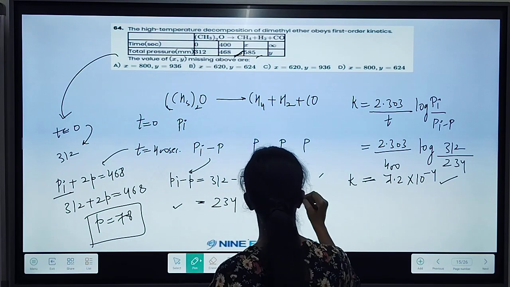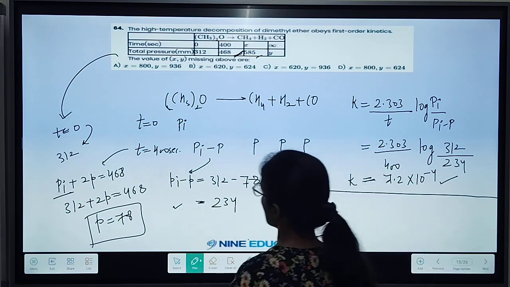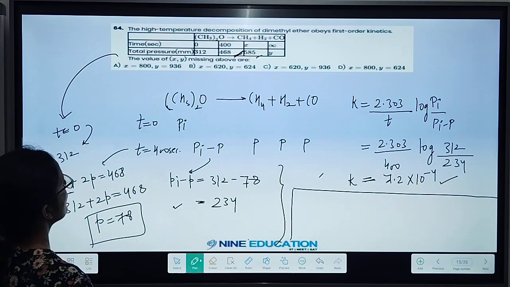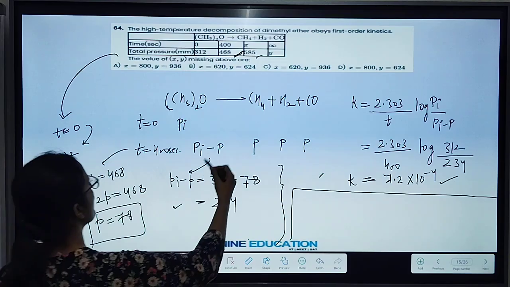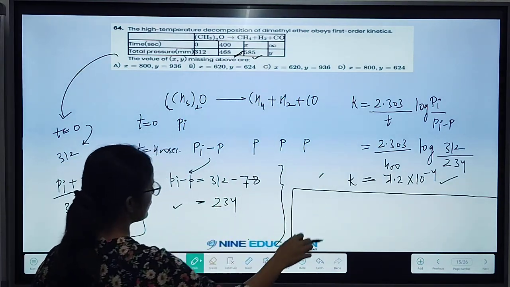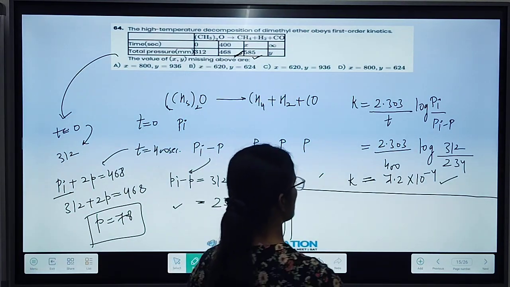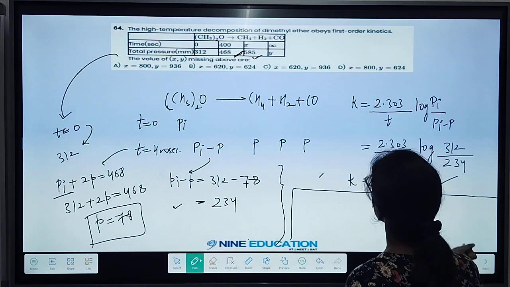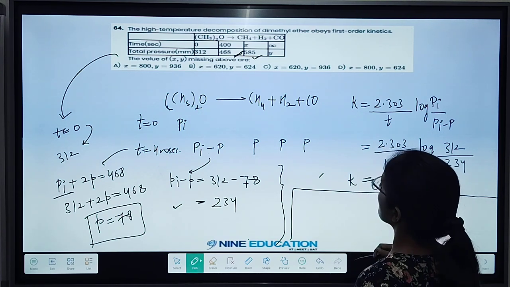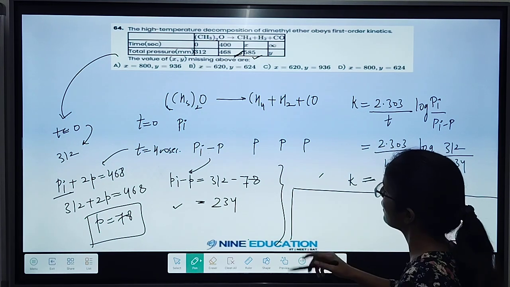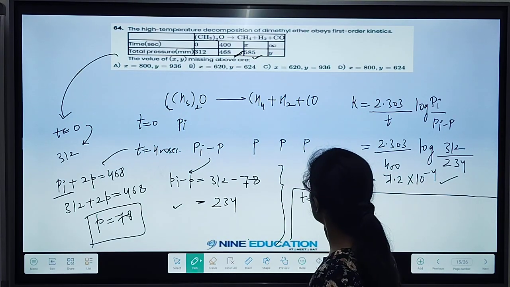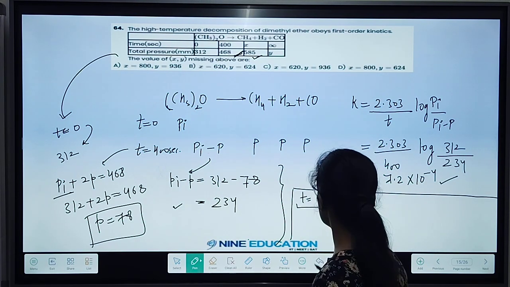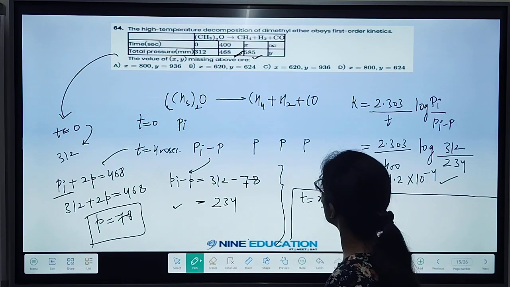In the second situation, the total pressure is 585. I have little less space. Let me see if we can add it on one page here, but again we will have to refer to the first slide again and again. Let me try to put things here only. Let us say I am writing the data for some time t is equal to x seconds.